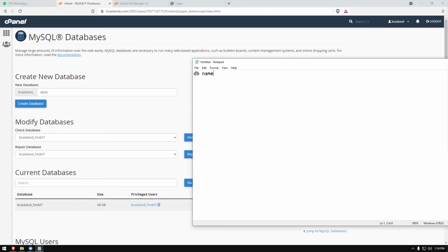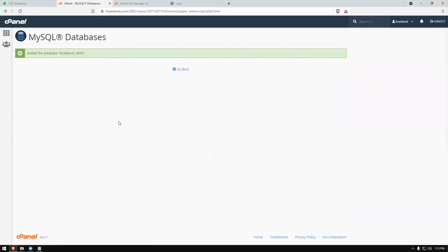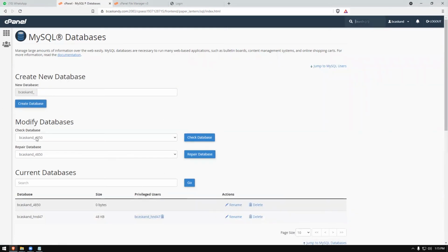So the DB name is like this, because it can be a short form, 4850. Then I'm going to first click the create database. This is the one you do first, then the database is created. So go back.